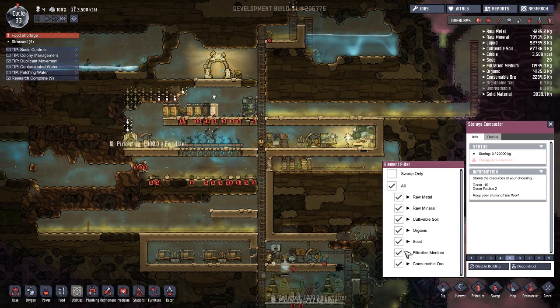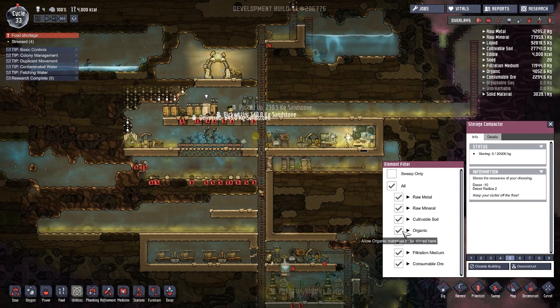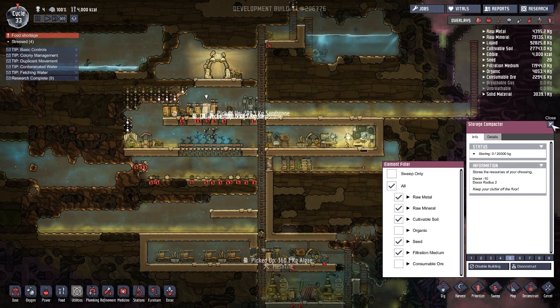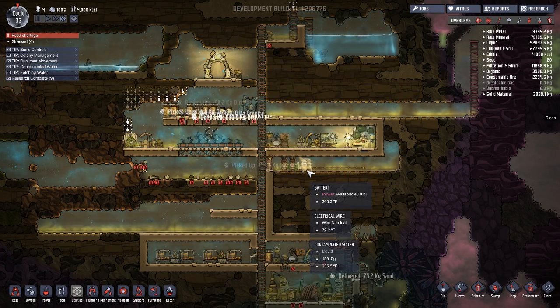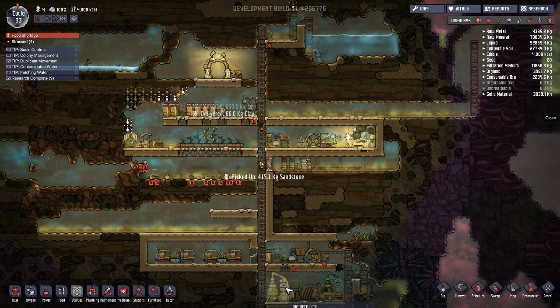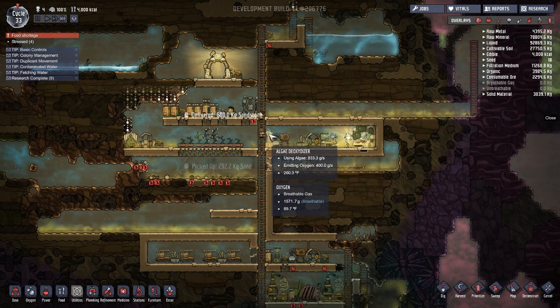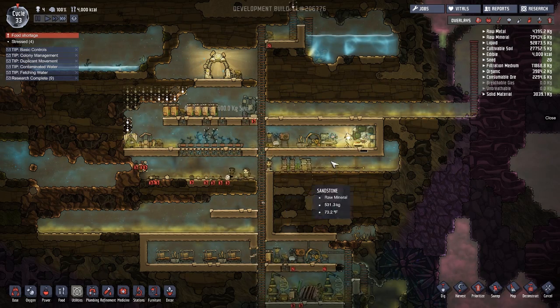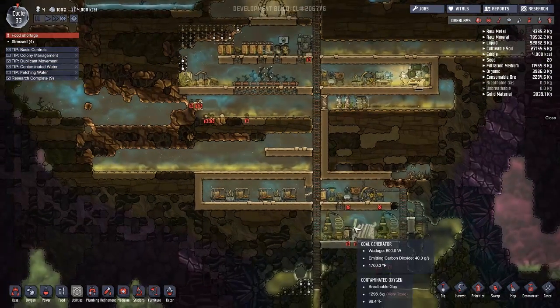Alright, so everything but consumable ore and organic. Okay, there we go. But yeah, I think this game really does need a Factorio style, like, item delivery thing. Like, I really wish I could actually have the algae pipe go to the algae deoxidizer as a function. Like, that'd actually be really nice. Okay, so now that we've got this taken care of,